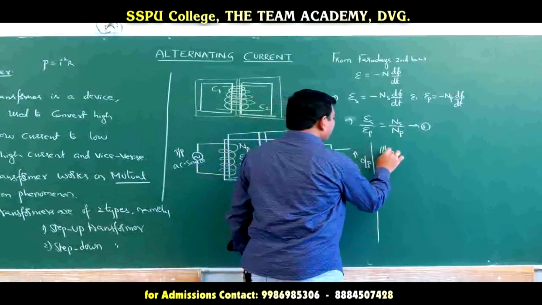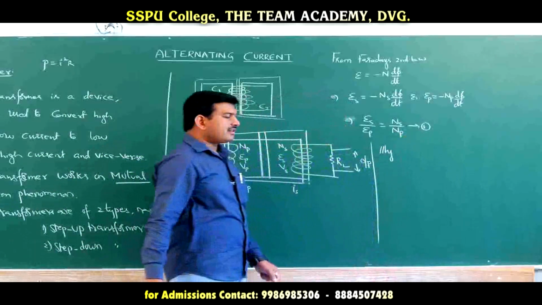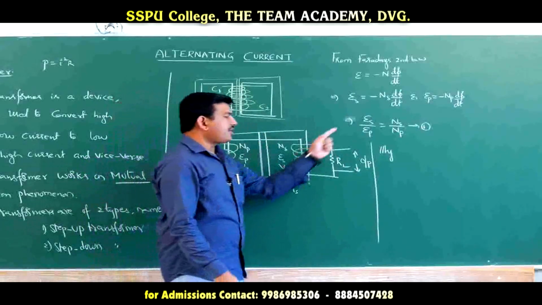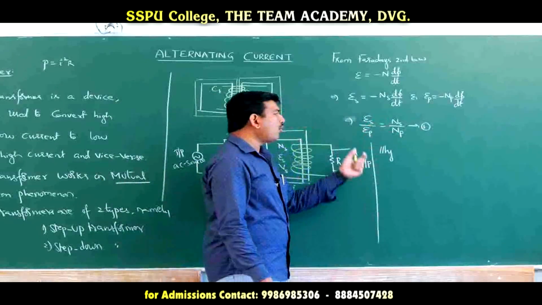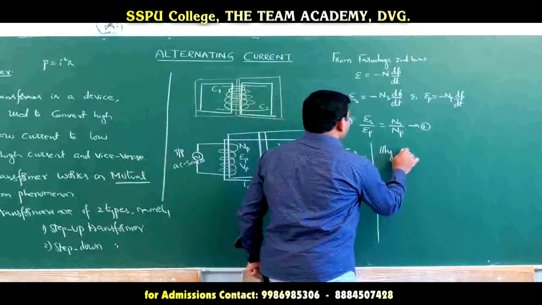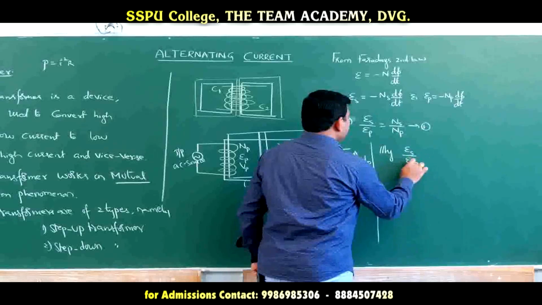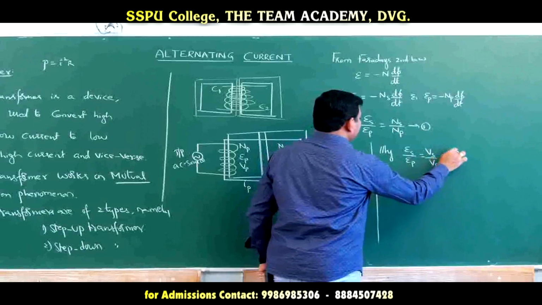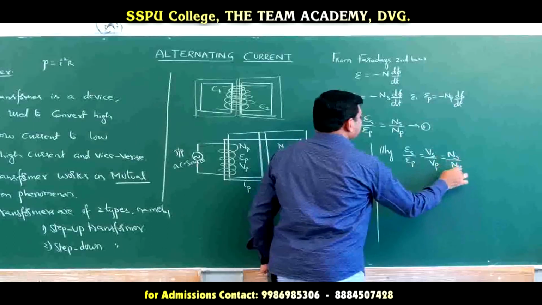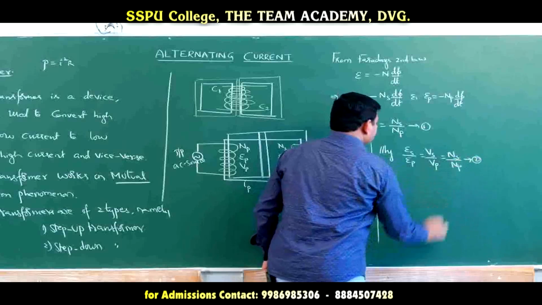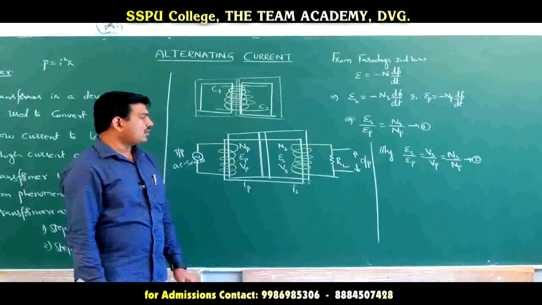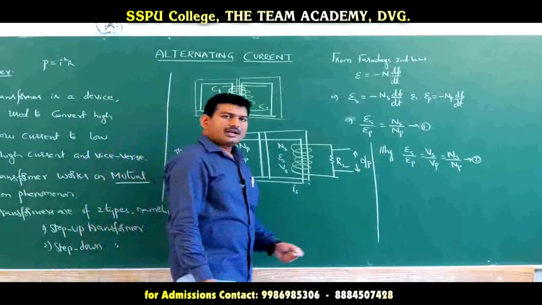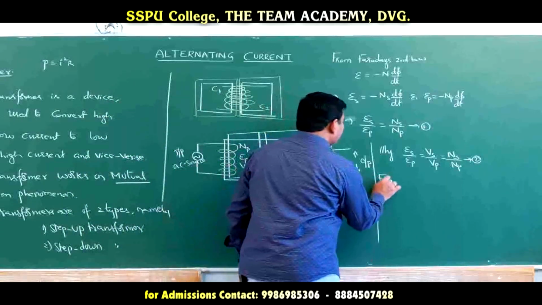Similarly, for an ideal transformer, the current will be very less, so I can say that the EMF is nothing but the voltage drop. Therefore, I can take it as Es by Ep is equal to Vs by Vp, that is equal to Ns by Np. Take it as equation number 2. So EMF is nothing but the voltage drop, because for an ideal transformer the current loss will be less. Now in such a case, for an ideal transformer,